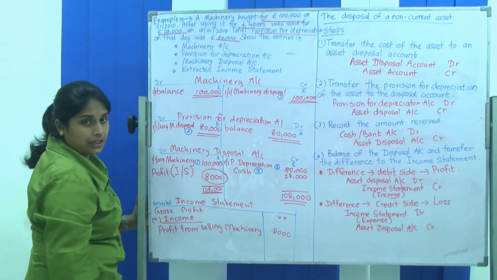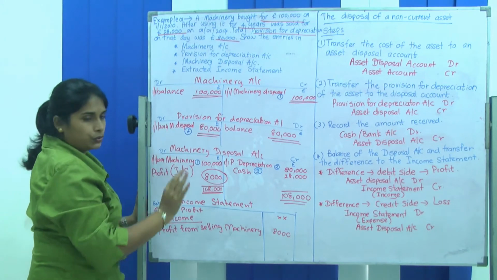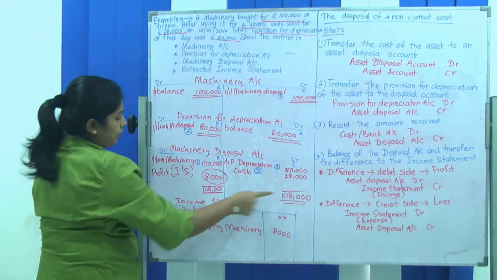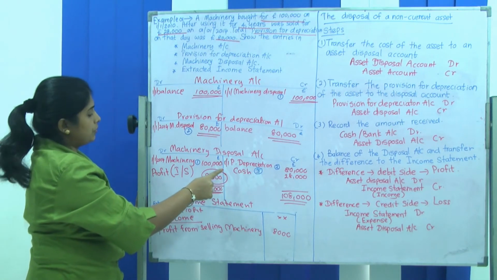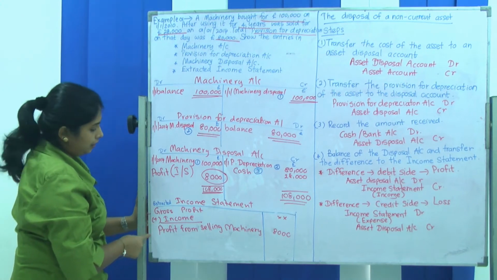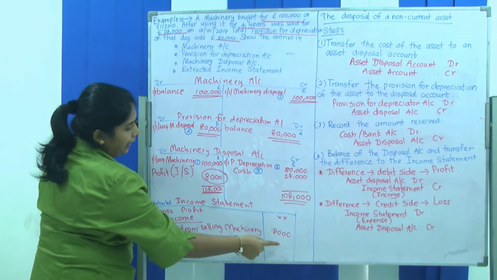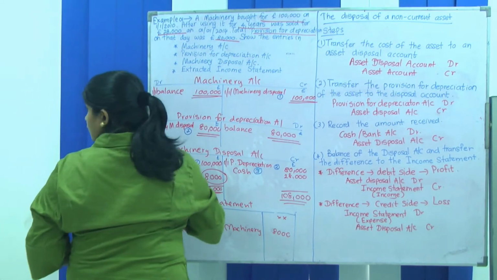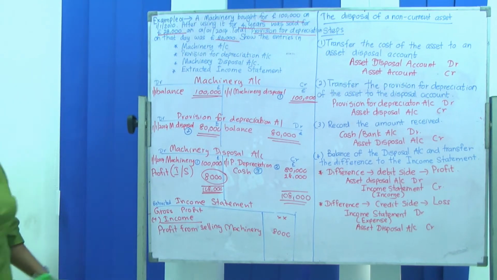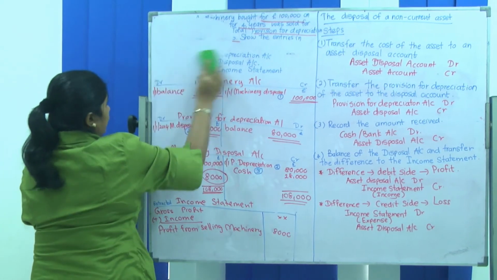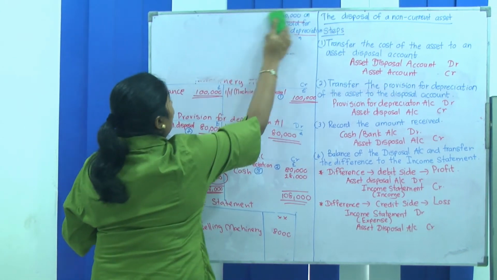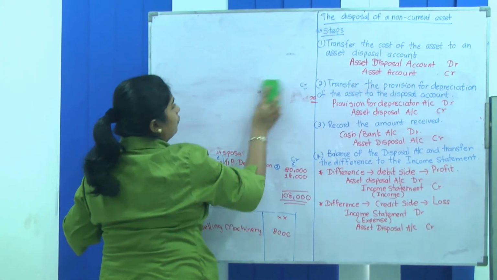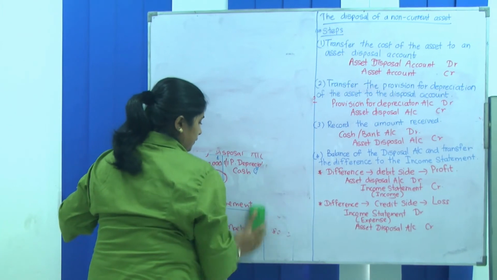So this is the extracted income statement where you write the gross profit, and then the two crosses just show that you have to mention that, that's all. Then it's an income because you got a difference on the debit side which indicates the profit, so it will be added as income: profit from the selling of machinery, 8,000. In this sum the total of the provision for depreciation was already calculated and given. So I'll do 2 more sums where you yourself have to calculate the depreciation charges.